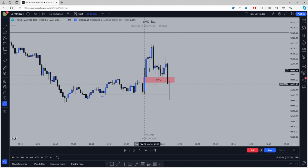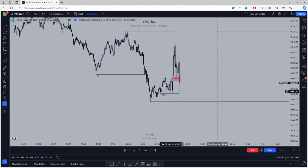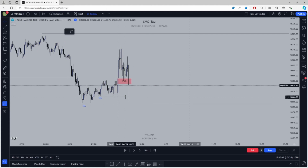Sometimes the manipulation doesn't happen immediately. It takes time for price to start manipulating in the opposite direction. And that's when I know, okay, I can start looking for a trade. Now, I was looking for this sell side to be taken. However, when this sell side got taken,